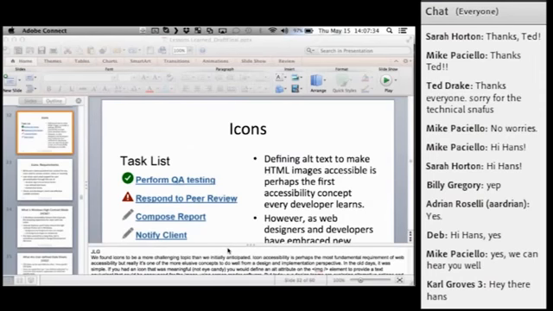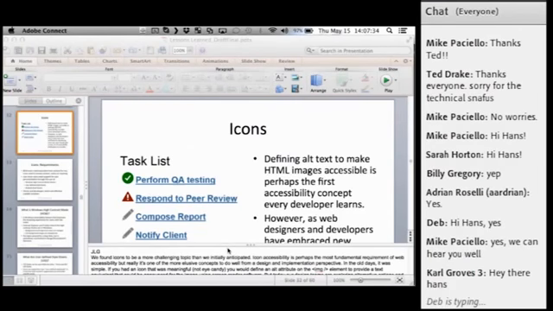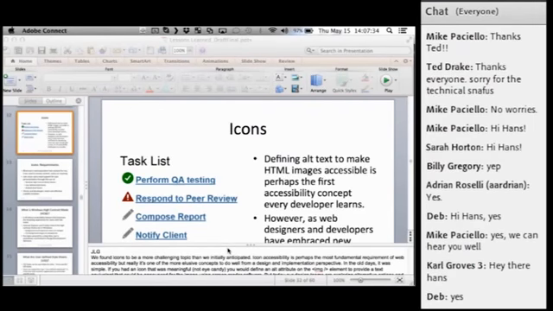So basically, what we're talking about today is a solution for accessible images, really, and in particular icons. If you deal with large-scale web projects these days, you'll find that icons are used a lot to convey some kind of status or as a functional icon-based image or link or control.